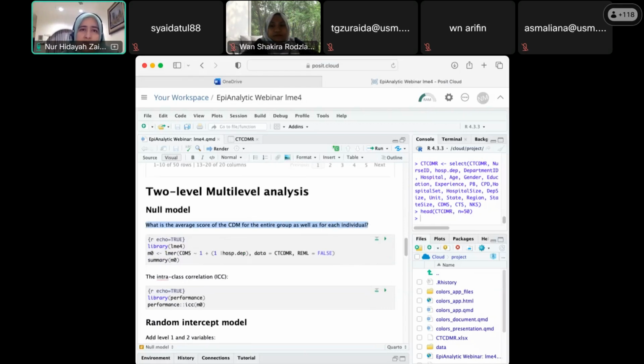So we are going to start with a baseline model by using this syntax. Basically, there are three components. The first one is the DV or outcome variable. Here we've got the clinical decision-making score. And what comes immediately after the CDMS is the fixed effects. So when we say 1, we are telling R to fit an intercept only model, all right? And lastly, in these parentheses, we put our random effects on the left side of the vertical bar and also our cluster variable, hospital department, on the right side of the vertical bar. So we just run this model, wait for a while.